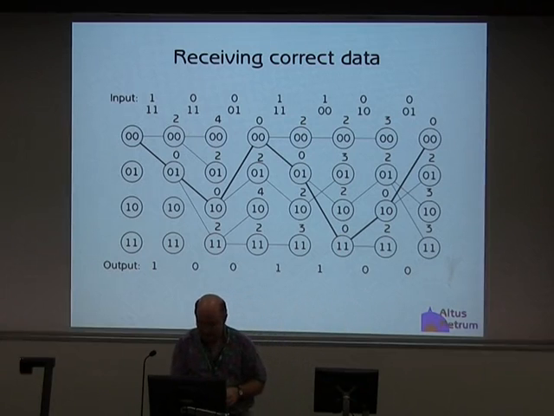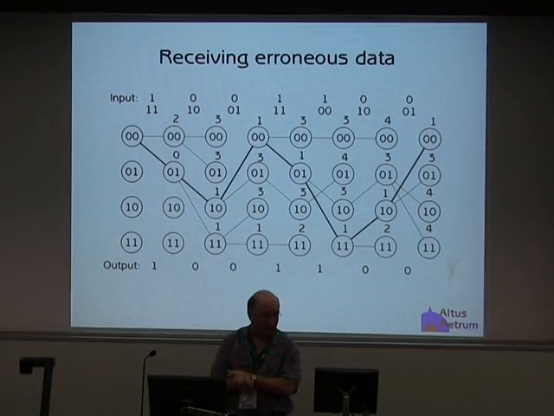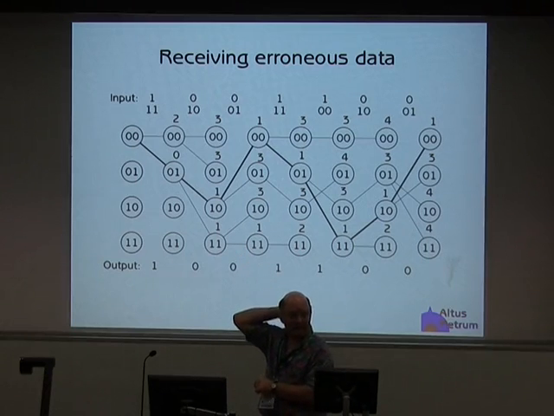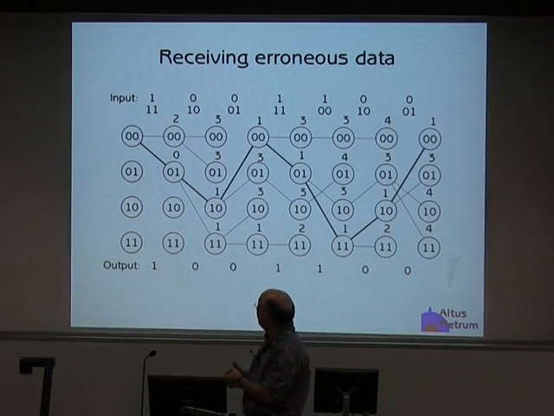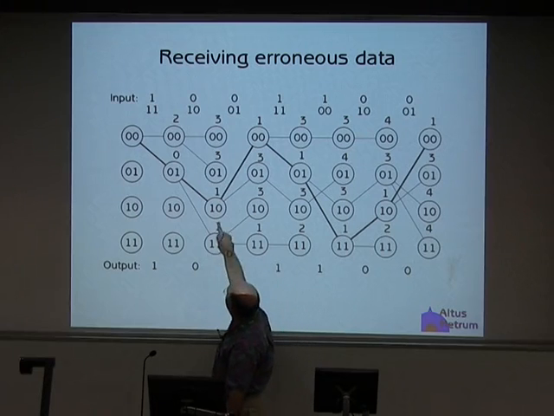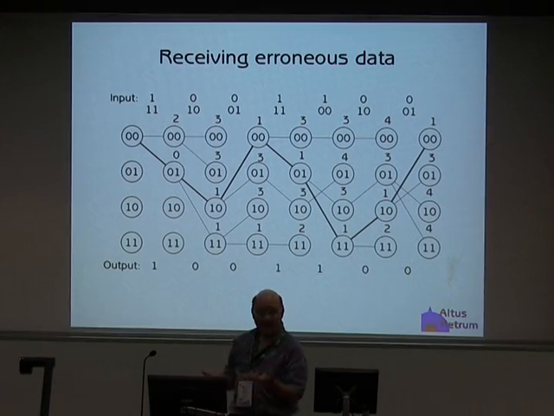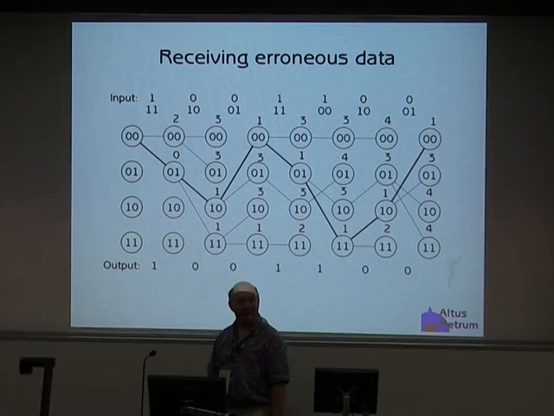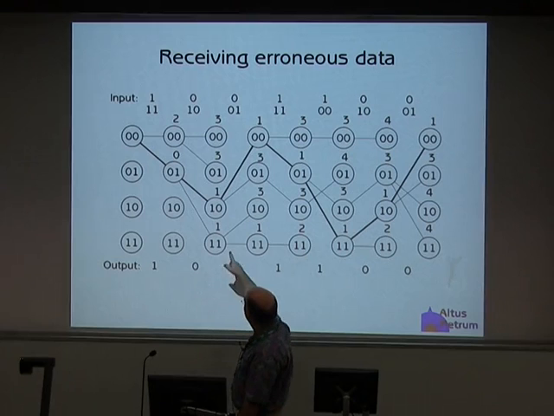Pretty simple. Here's what happens when you get a bit lost, just 1 bit lost. In this particular case, the second word here is received as 10 instead of 11, which is what was actually transmitted. And you can see here that in this second case, you have 2 states that both have exactly the same cost. You got a 10 instead of a 11, and the receiver's like, heck, I don't know. It could have been a 1 bit. It could have been a 0 bit. They look the same to me. And so you have the same error cost. And so at this point, if I stopped receiving, that would be an ambiguous piece of data. I would have no idea what the correct data would have been at that point.